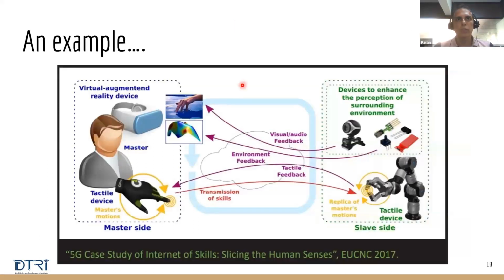So you also have to write the quiz. This is a quick example. I've just taken a picture. Let's say this is a user, and he does something here, and that information goes here, and then the robot acts here, and that feedback comes back. That feedback can come from a robot, from a camera, or from various sensors, and then some action can be taken. This is an example of a use case where you use 5G. 5G is basically used in this part.